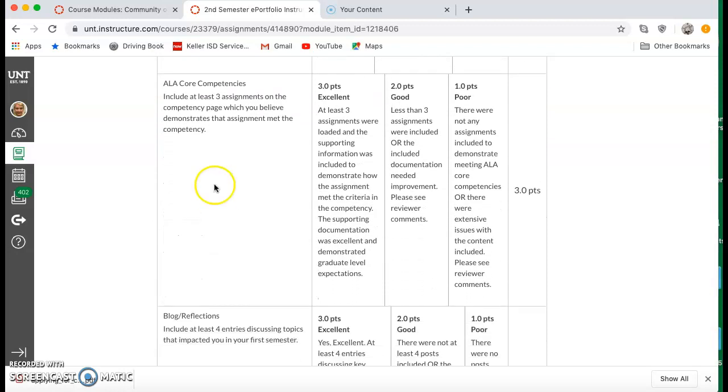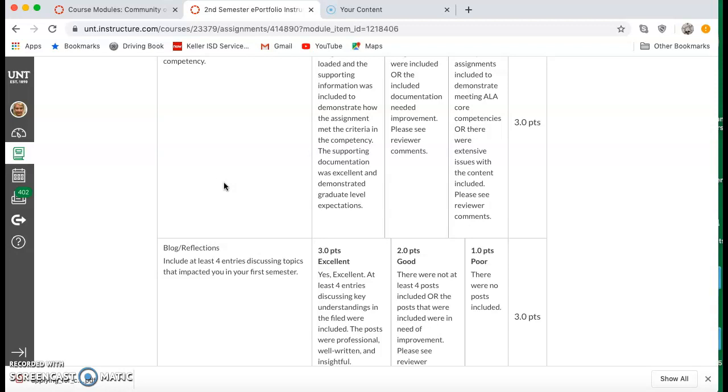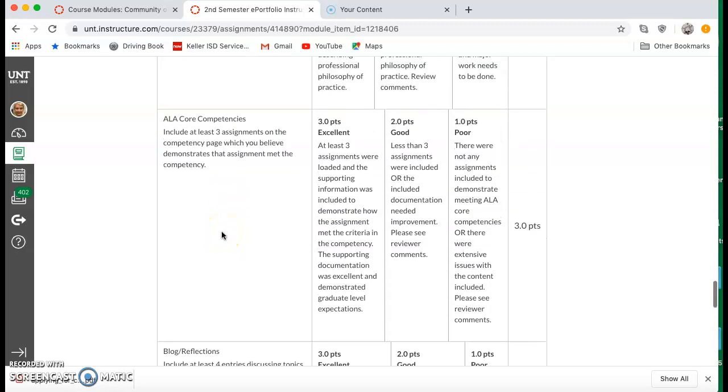Okay, so under ALA competencies, for every class you do, remember, I think you should do 1 to 2 assignments per semester for each class. You're going to need 16 assignments linked to ALA competencies by the time you finish, by the end of your 5th semester. So it doesn't hurt to be working on that every semester. For every class, do at least 1 ALA competency, but sometimes there might be 2 assignments that meet 2 different competencies. So be sure and be working on that as you go. Even though, yes, technically, they're going to be met in the core classes, but you're going to need more than just what's in the core